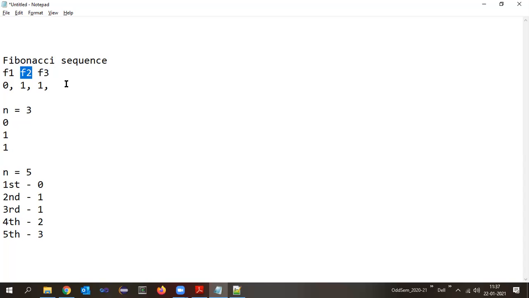Next time, my f1 will be f2. Suppose now here I want to print the next number. For this, what are the numbers? 1 plus 1 I should do. Yes or no? Where is this 1 stored? f2. But next time this f2 should be taken as f1. Correct? So the next statement I should write is that now f1 should be equal to f2.